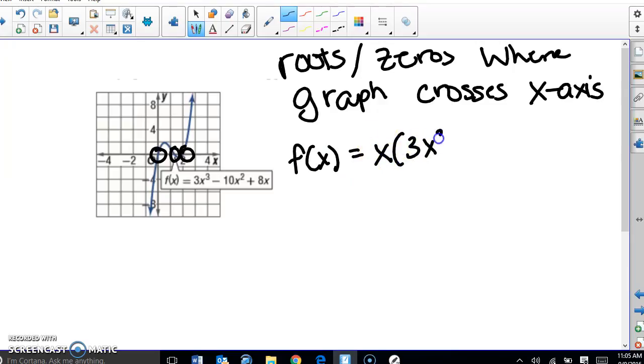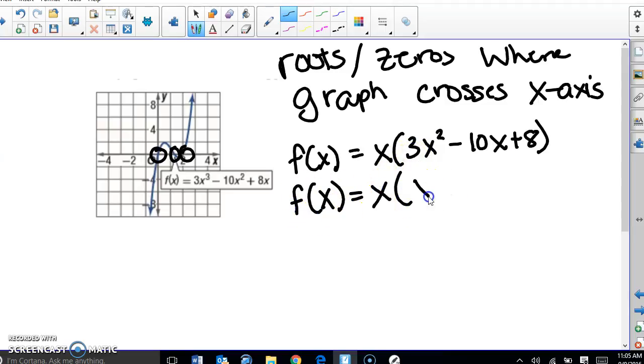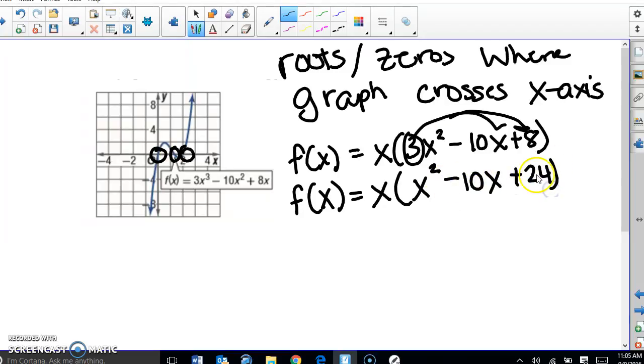So we have 3x squared minus 10x plus 8. I'm going to use the slide and divide method since we have 3 in front here. So I'm going to take this and slide it to the end. So 3x squared minus 10x plus 24. So I need 2 numbers that when I multiply together I get 24, and the same 2 numbers when I add together I get negative 10. It's going to be